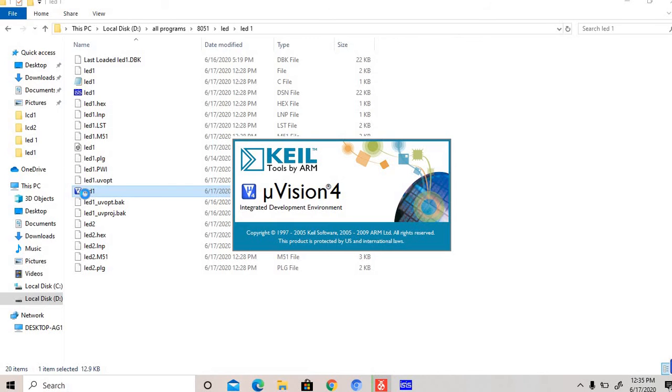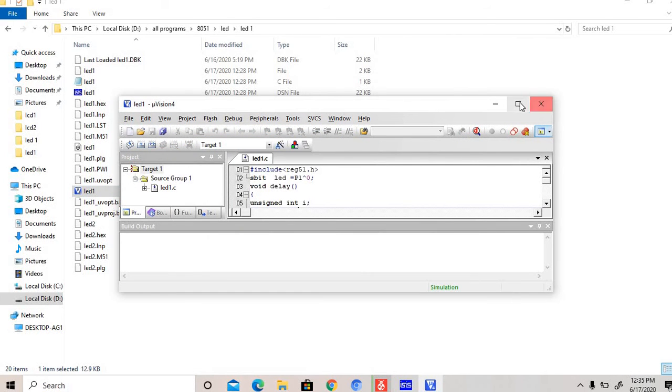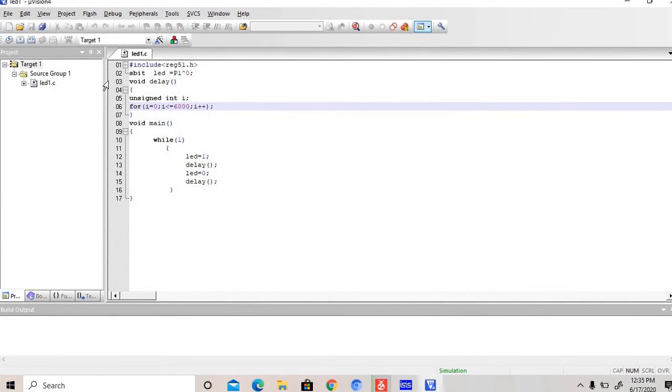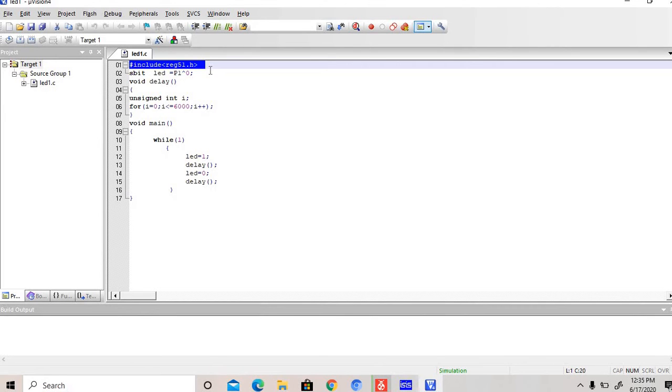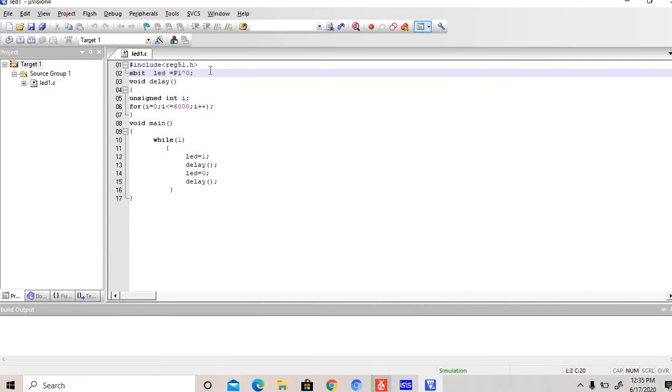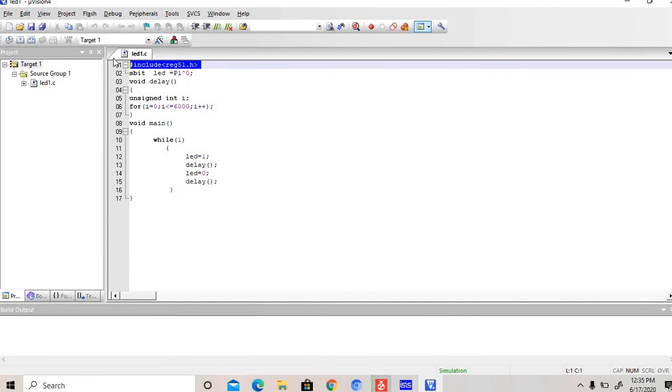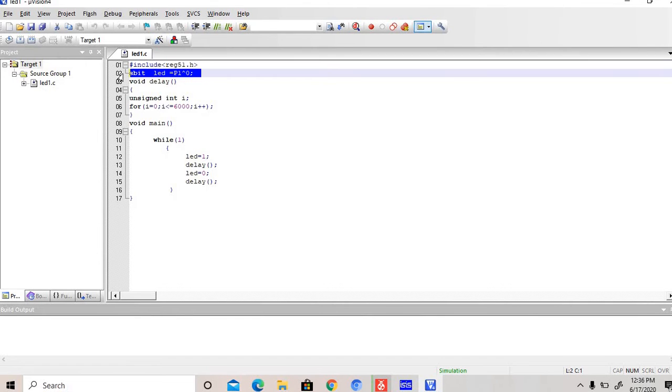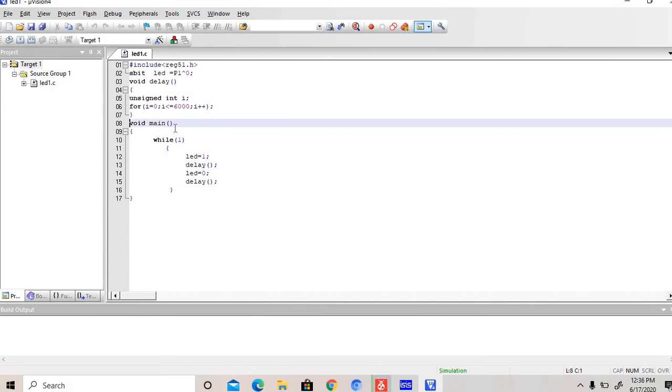In this we are using the Keil compiler. This is our Keil compiler. This is our code. In this, firstly we are using one header file that is called #include reg51.h. This header file is for the 8051 microcontroller, for the series of 8051, 89C51, Atmel, any families. Suppose we have to work on bit operations, on any pin, then you have to use sbit. After that, we are using a void main function.